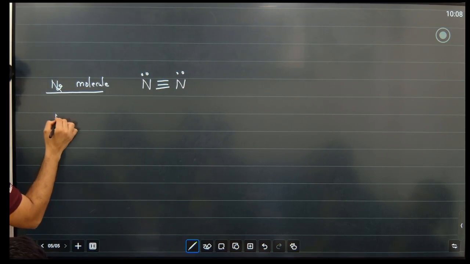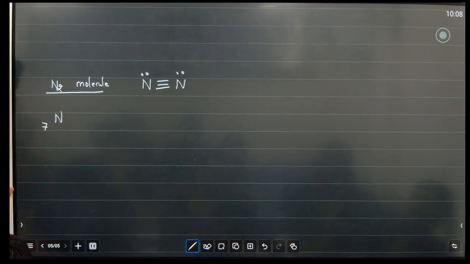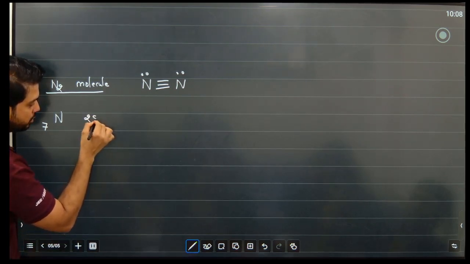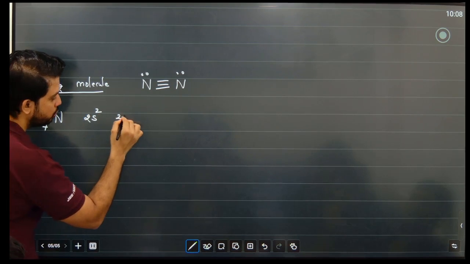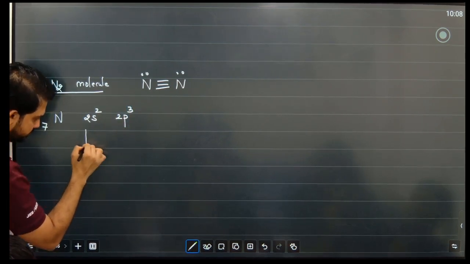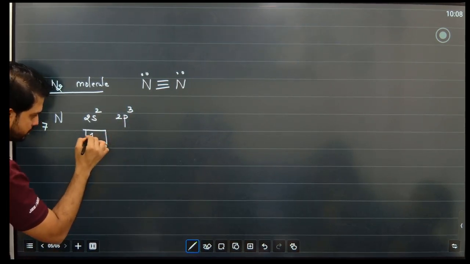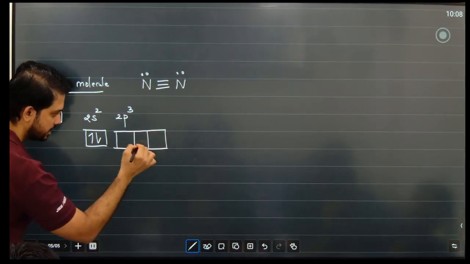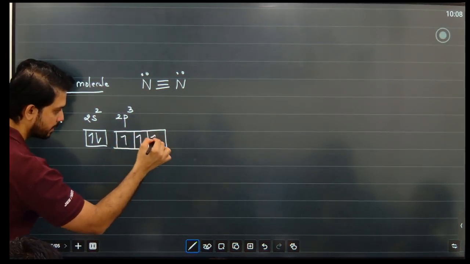Nitrogen, atomic number 7, last shell configuration is 2s2 2p3. So 2s has 2 electrons and 2p has 3 electrons. Remember, ये आपका 2px,